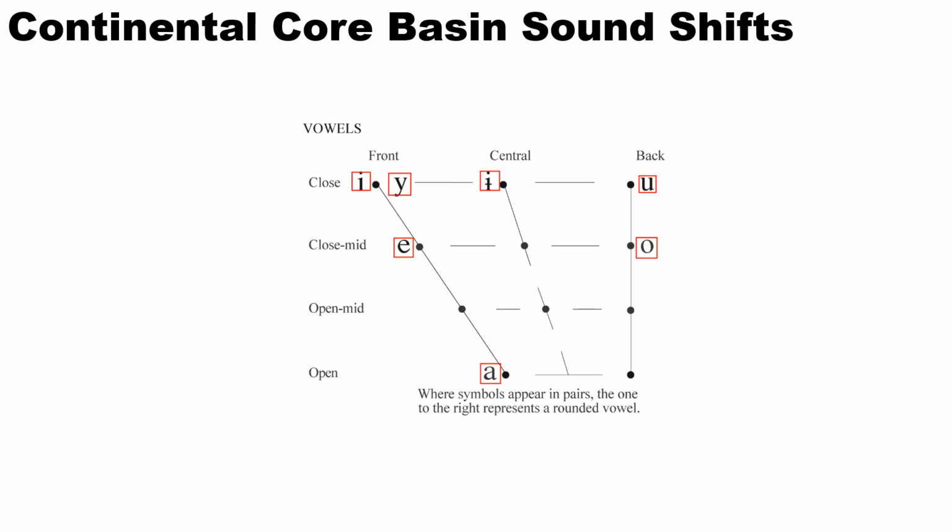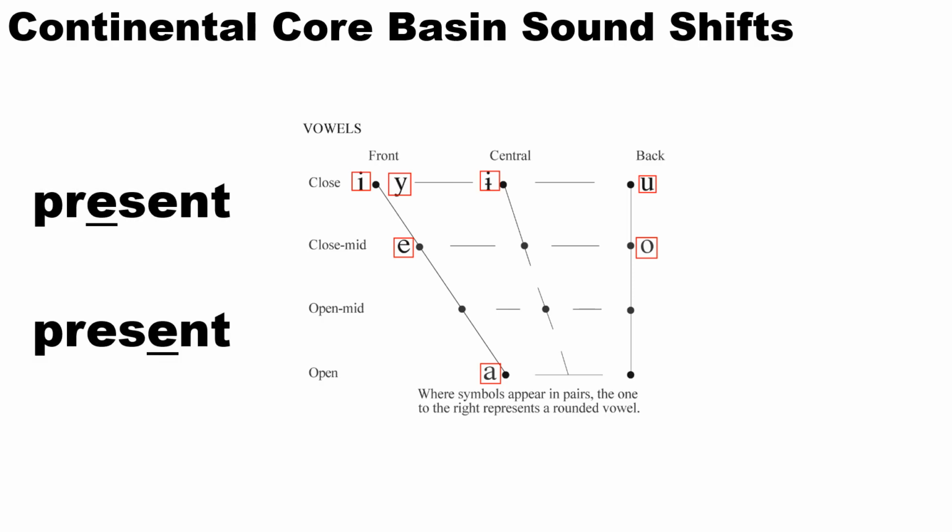Firstly, our new vowel layout from left to right and top to bottom once more. I, e, u, o, a. Generally, you might notice that vowels trended upwards towards the top of the mouth. The biggest change, however, is that the language has made a shift from being a stressed language, like English, with the difference between present and present depending on where you stress the vowel sound, to being a tonal language with